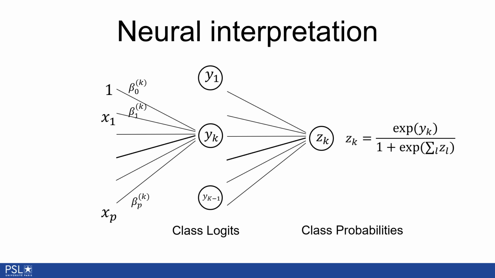This neural interpretation will be very useful in future lectures when we turn to more general neural network models, because many types of neural network models used for classification could contain precisely this type of nonlinear softmax as the last layer in their architecture. This brings me to the end of this part of the lecture dedicated to linear classifiers